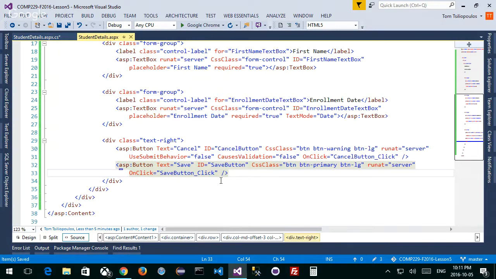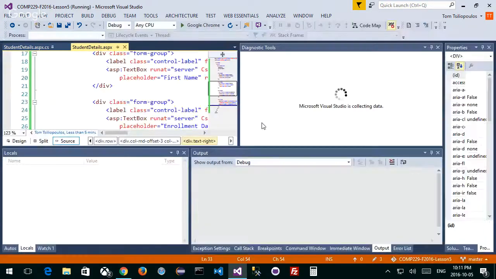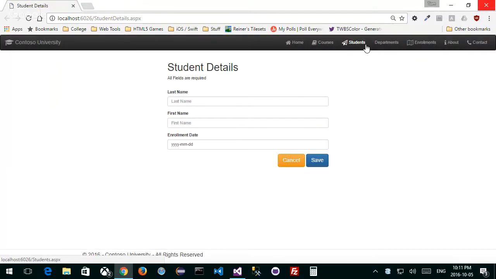Let's see if it actually goes to this page, right? Or if I'm totally wrong. So I can't test it unless I go to the first page. And if I try in here, it'll take me to my student details page, but I won't do anything. Let's try it out. So let's look and see what the student details page will look like, which is kind of important. So I'm here. I'm not in my students yet. I'm in my student details page. I'm going to get a nav bar too. My nav bar is going to show my regular nav bar, and this is what I get. This is my student details page.